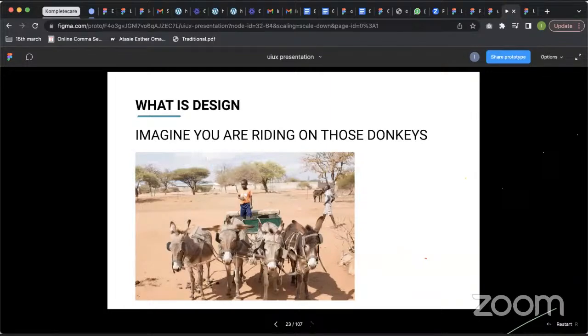Okay. So I want to know if you want an honest answer. You want me to lie, but let me just give an honest answer. Under the hot sun, riding on these donkeys, actually, I would want them to go faster so I can go under a shade. That's the truth. Because with the sun and the donkeys, I don't think donkeys move as fast as possible. At that moment, I will not feel on top of the world, honestly. I would feel very hot and I would want to go under a shade.